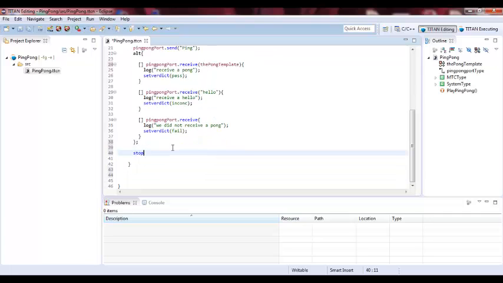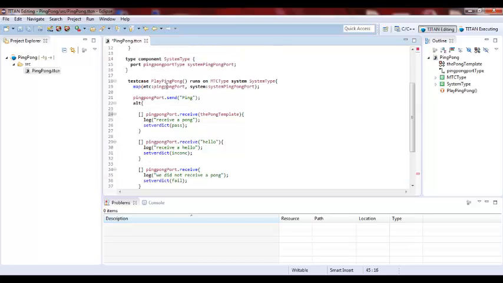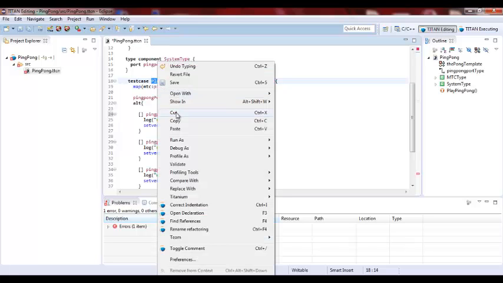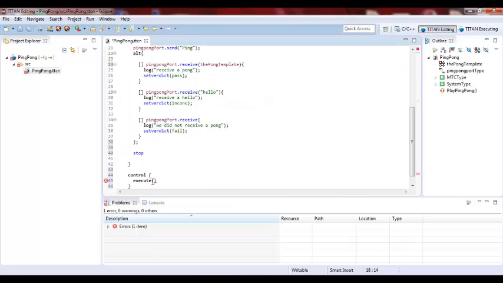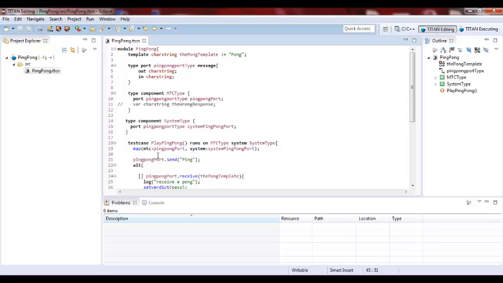Okay, now we have the control where we're going to execute the test cases. We have only one test case, execute, and we have this case called play ping pong. Okay, save. So now this is a simple example